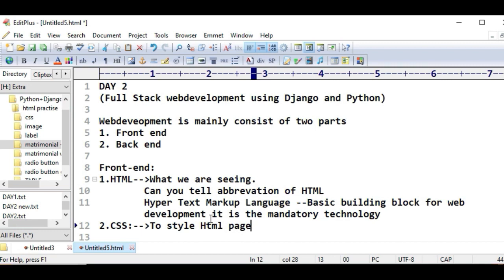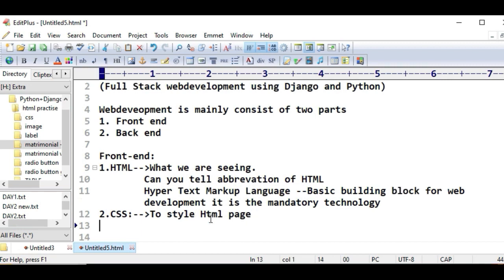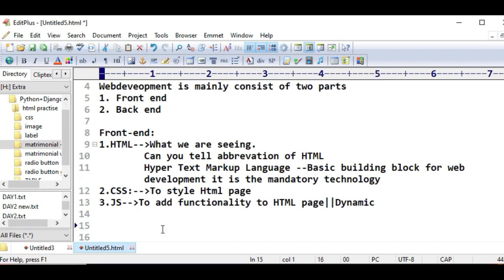It provides the style to the HTML and makes the HTML page beautiful. Next is JavaScript, JS. It adds functionality to the HTML. Generally, this is used in dynamic web applications, to add functionality to the HTML page.